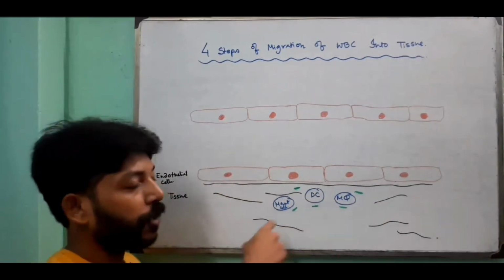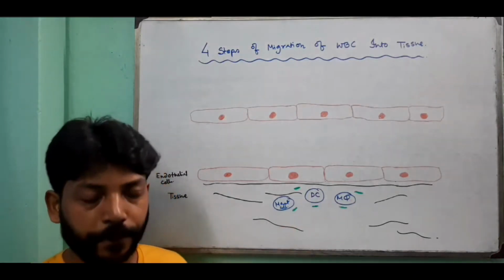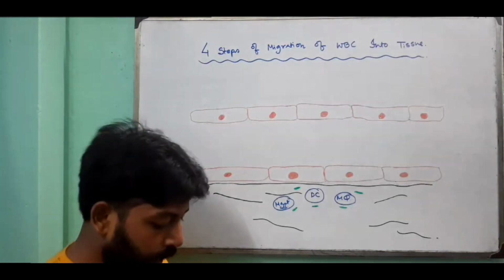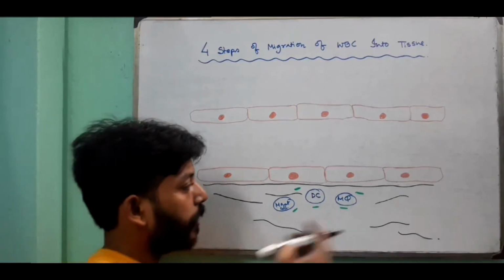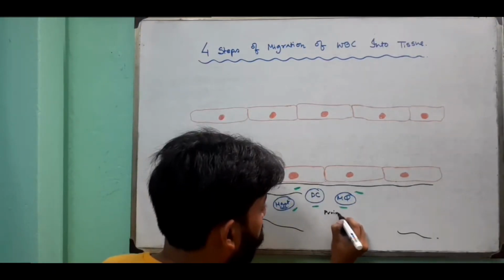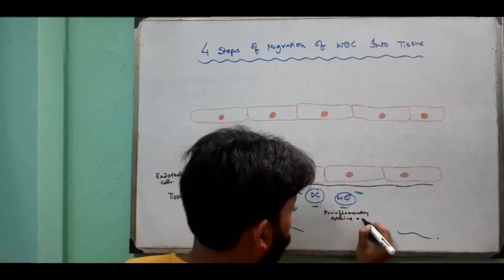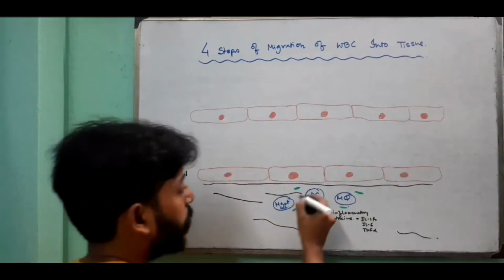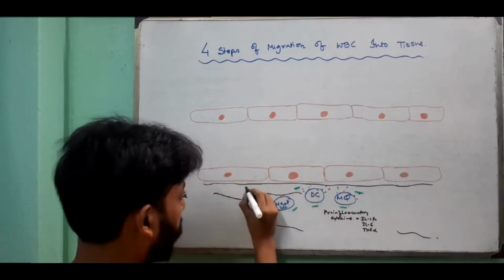The dendritic cells, macrophages and mast cells can recognize the pathogen. All these immune cells express pattern recognition receptors, by which they can recognize the pathogen, and after recognizing, the dendritic cells and macrophages start to secrete chemicals called pro-inflammatory cytokines. Examples are IL-1 beta, IL-6 and TNF alpha. These are the pro-inflammatory cytokines secreted by the dendritic cells in response to the infection, and these chemicals actually reach